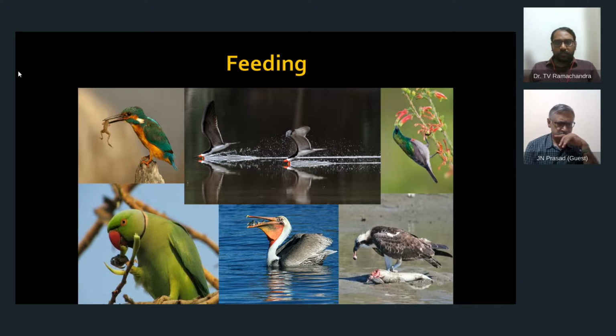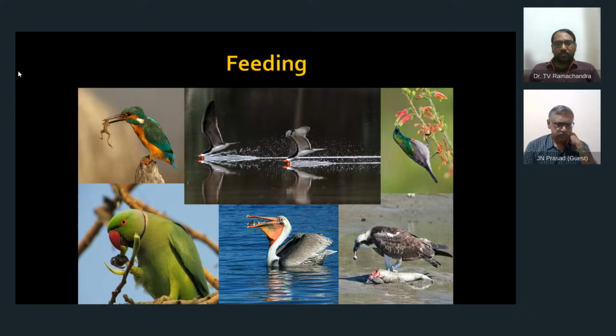So because they have to fly, they need a lot of energy, and to produce that energy, they need to eat a lot. So the metabolism of birds is much faster than other organisms, because they need to eat continuously, and that food has to be converted into energy at the earliest, so that the energy requirement is met for the flying birds. However, if you see the non-flight birds, then their energy requirement is comparatively lower,